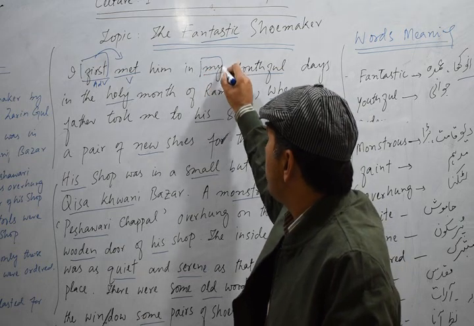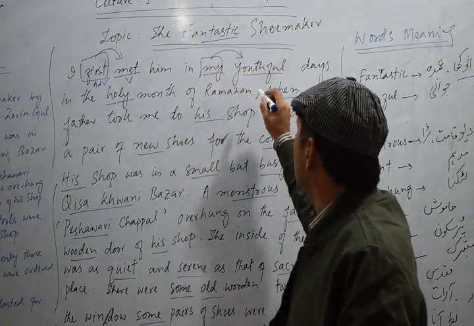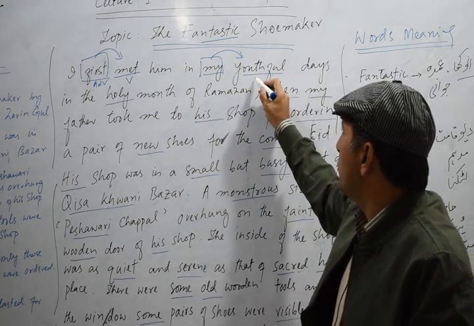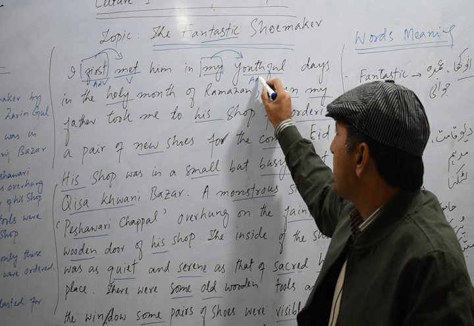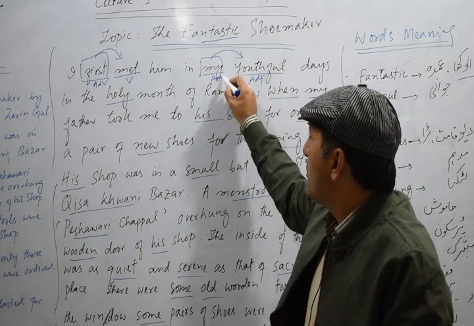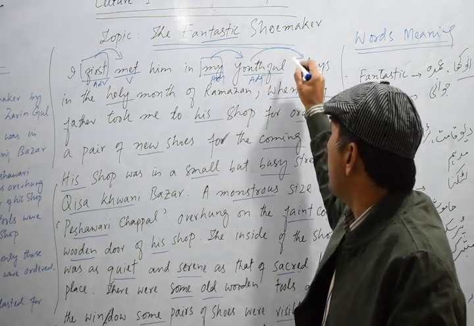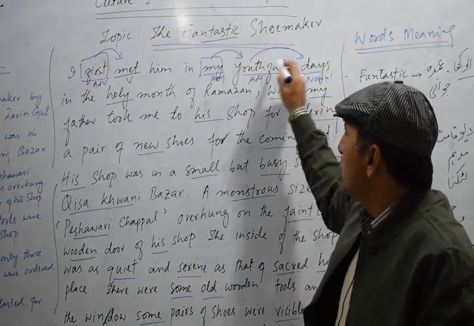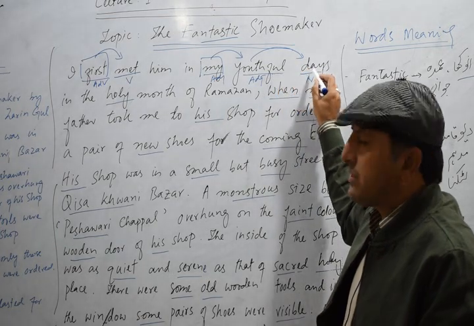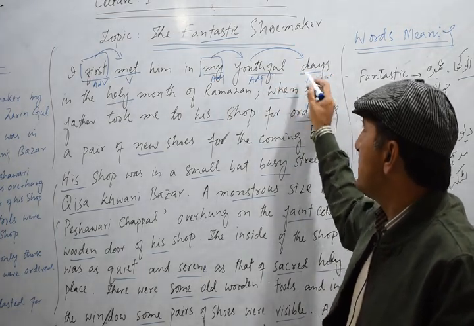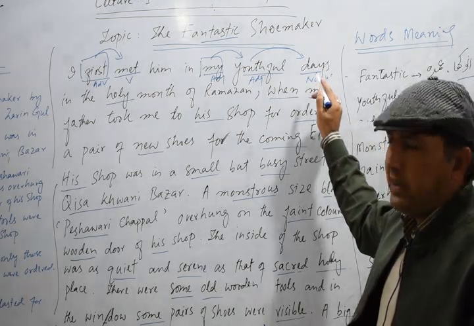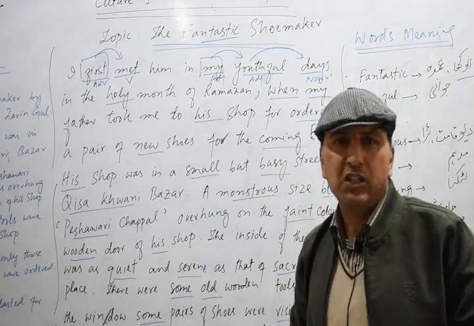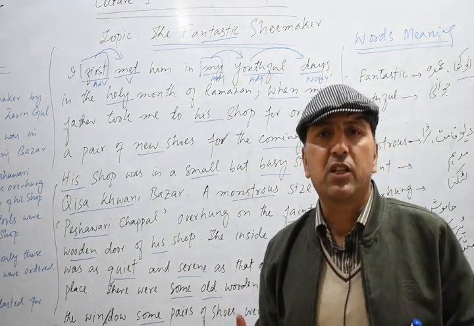Now you see, this word my tells us about youthful. Okay, my youthful days. My days are youthful. Youthful and my both are adjectives. We call them adjectives because both words tell us about days, and days is a noun. So youthful is an adjective because it tells us about the noun days. And now my days, my youthful. So my is also an adjective, and my is a possessive adjective.